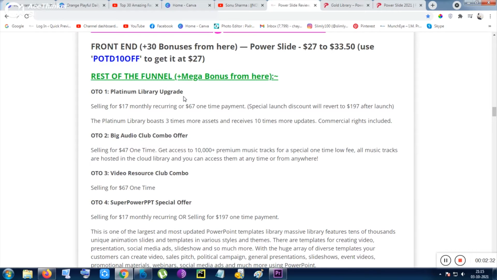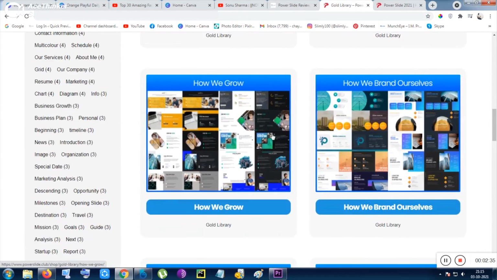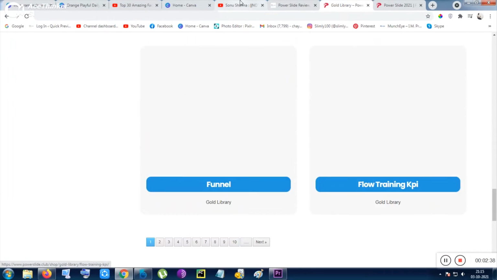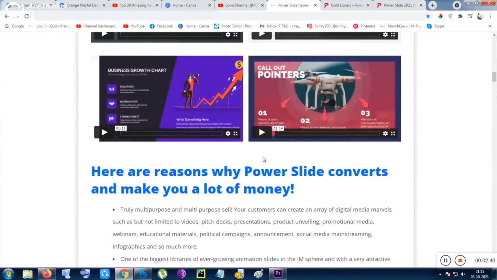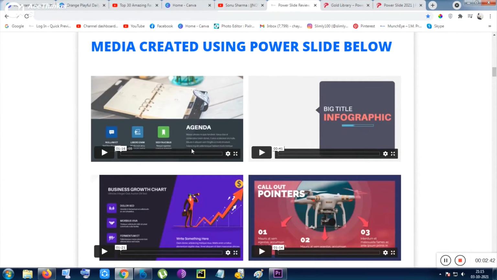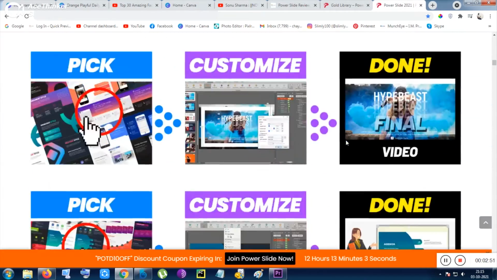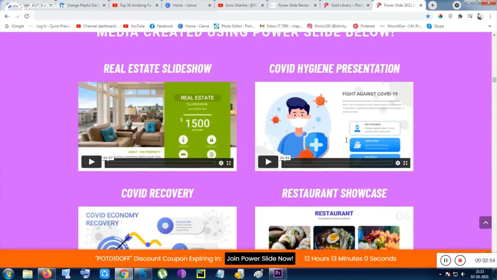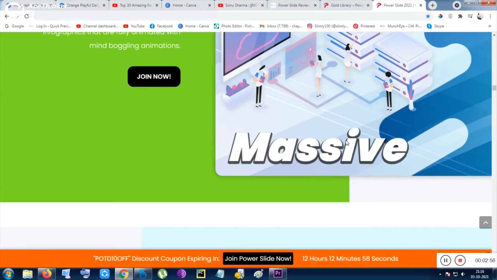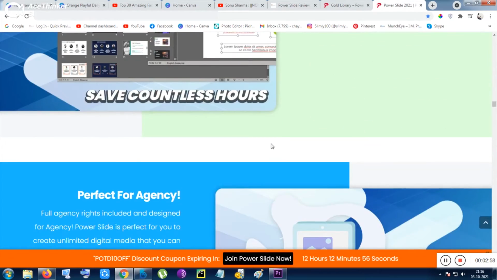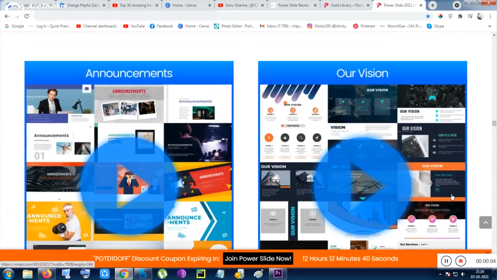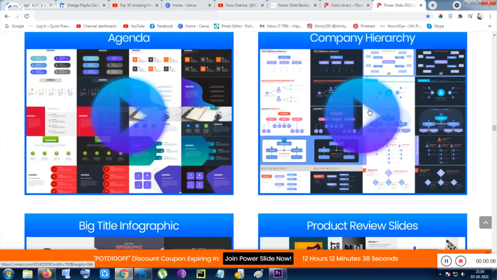This is the library, and from the library you can see the product. Also, if you want to know more about the product, you can play the demo video or some samples. You can also check out the sales page. Inside the sales page there are so many things packed up, and you are getting a premium product at a very cheap price. So these are the things I was talking about. You should go through it before getting into the tool.